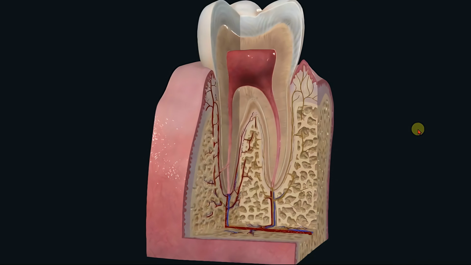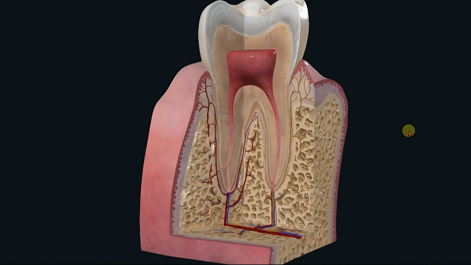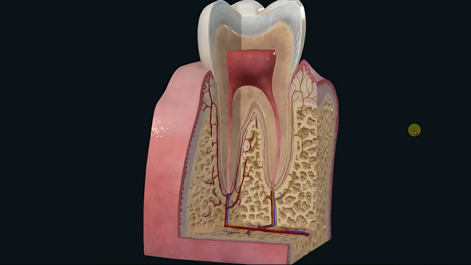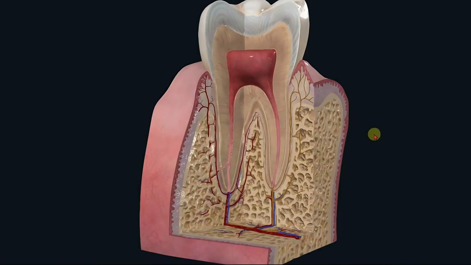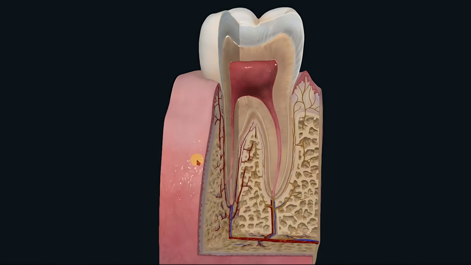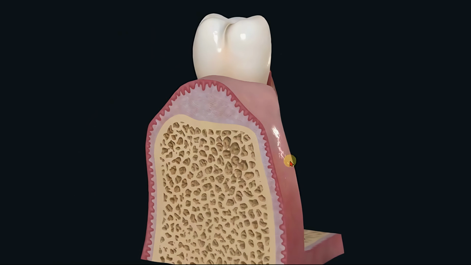So, you've got a cavity, and even the slightest little thing sets your tooth off, causing this intense, sharp pain. But where exactly is the nerve that's carrying all that pain? A lot of people are curious about that. So today, we're going to use this model to help you understand the structure of a tooth and what's inside it. This right here is a model of a human tooth.